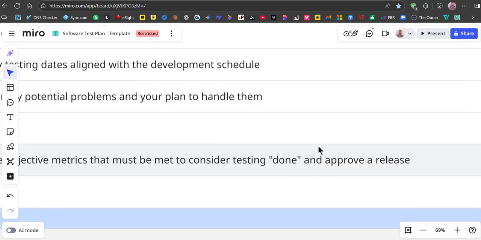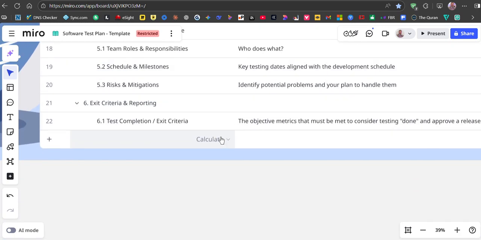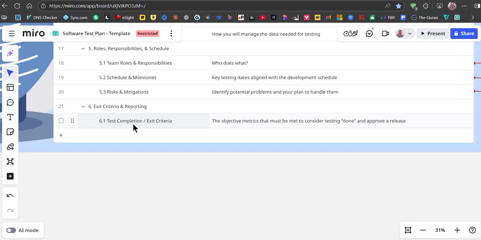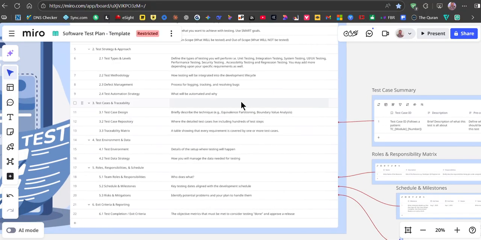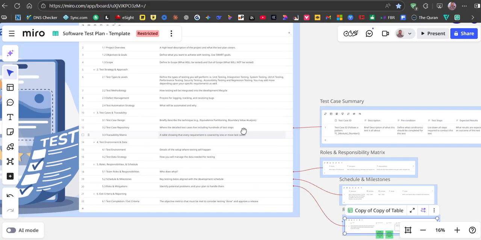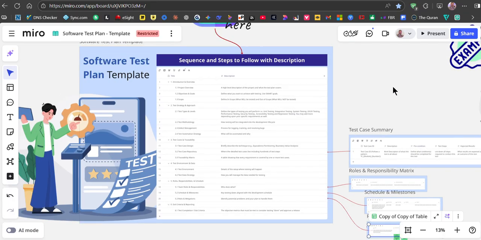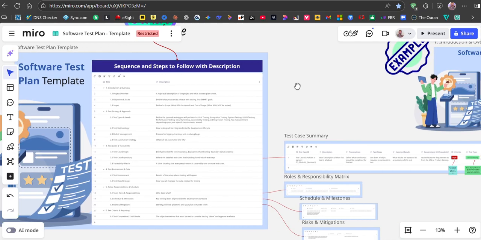And then the last section relates to the exit criteria and reporting. It has only one subsection, and it relates to test completion and exit. What is going to be the exit criteria? So after this introductory framework on how to design a software test plan for testing a software product,